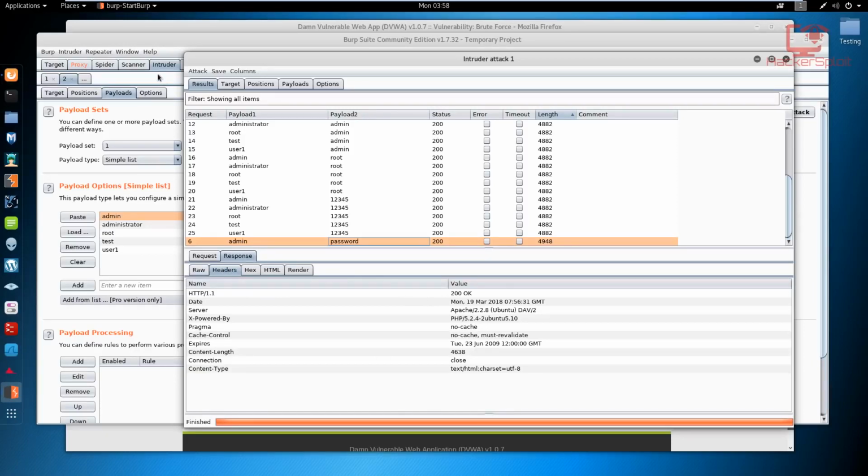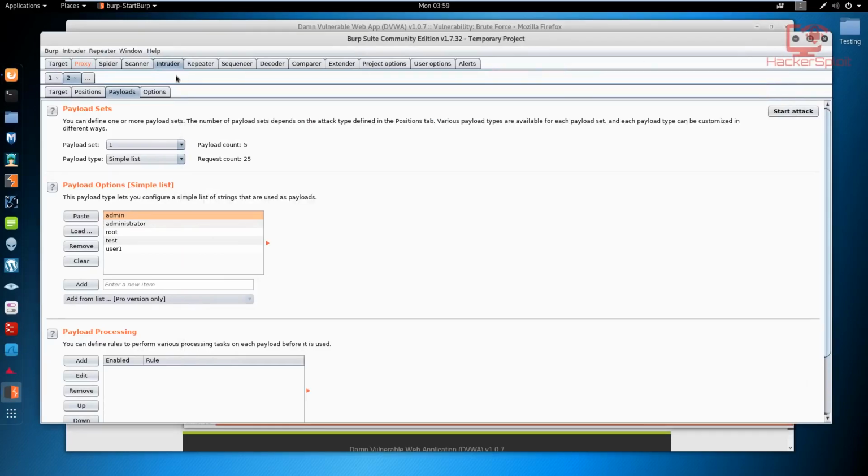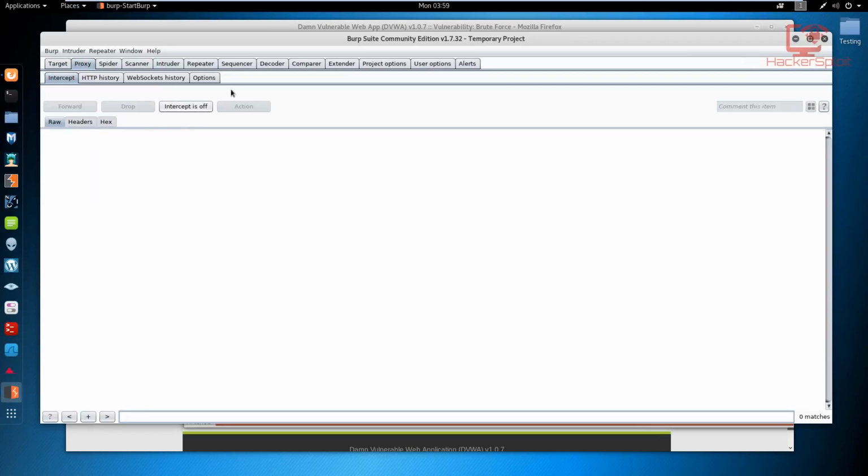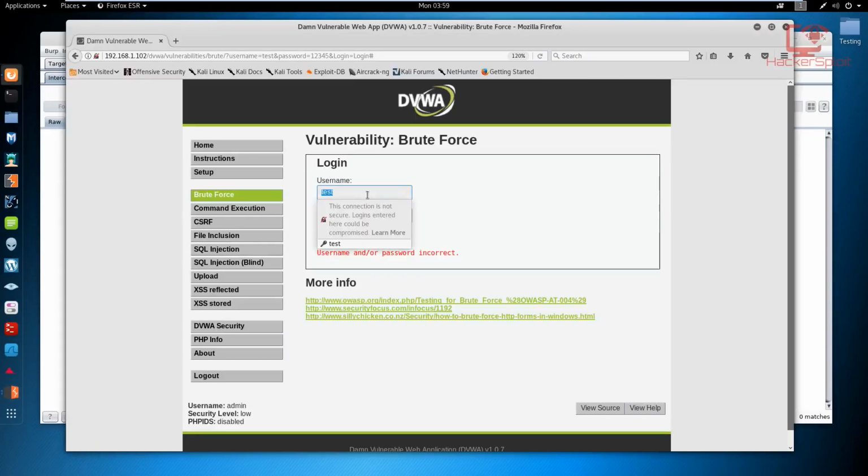And now if we just go back into Burp, let me go into my proxy, and I'm going to disable intercept, and we can try and log in here. So we know that the username is admin and the password is password. So let me log in, and welcome to the password protected admin area. Fantastic. We have performed our first brute force. I hope,